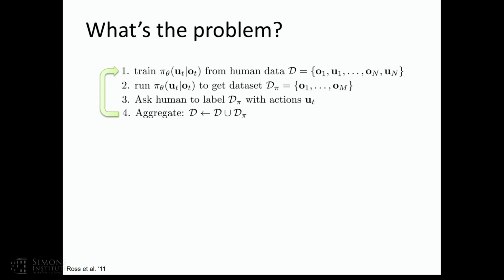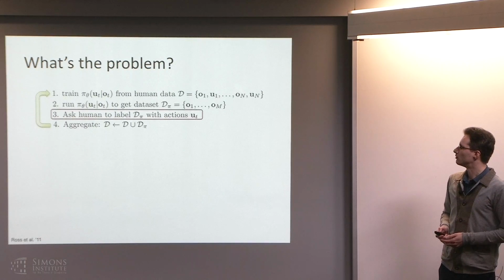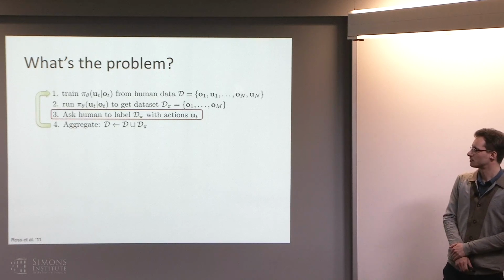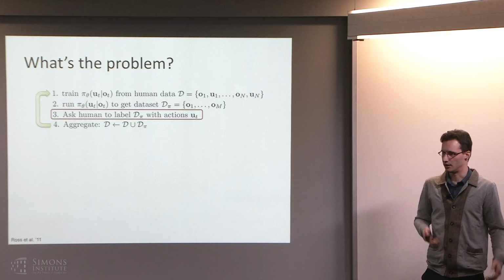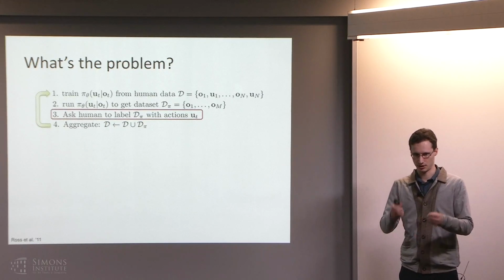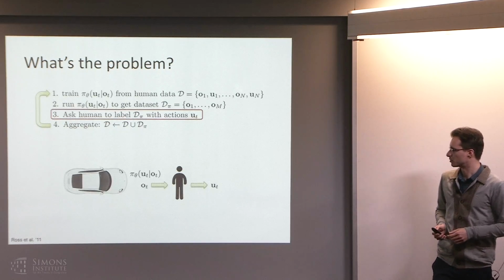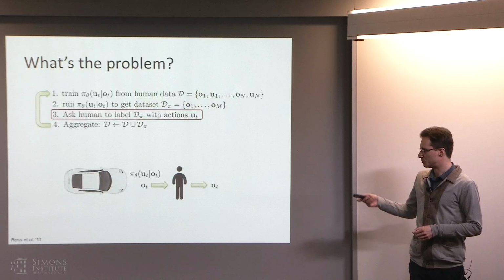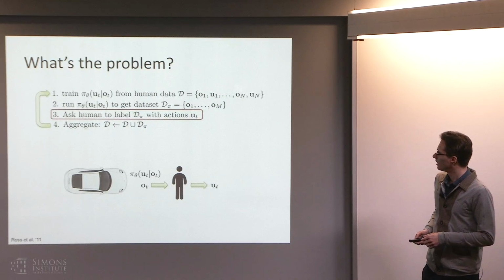Okay, so what's the problem? Why might this not be enough in all cases? Well, there are a couple of problems. One of the problems is that in order for this algorithm to work, you need to be able to ask a human for these labels, which is a little bit unnatural. So you need to have a person sitting in front of this TV and turning the steering wheel. It'd be awfully nice if we could just get rid of the person there and just have a computer provide those labels. And that's what I'll talk about in the next section.